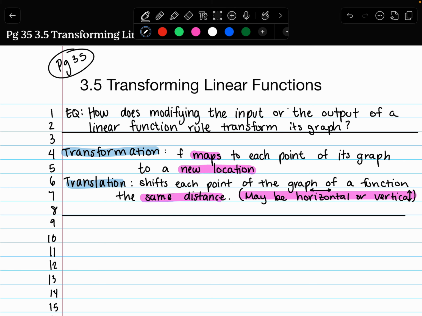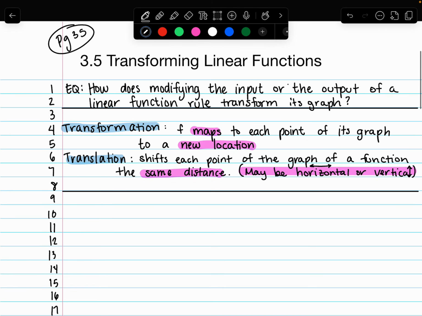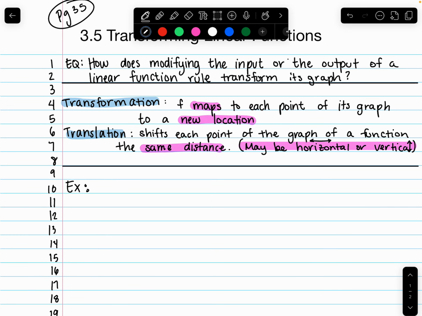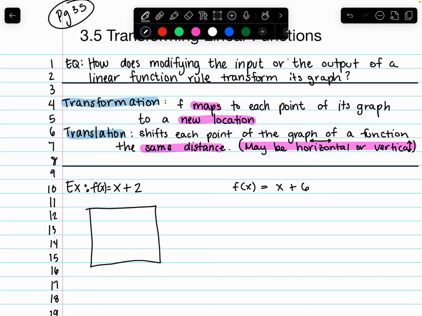I'm going to show you this example. You don't have to write this down. Please don't write this down. I'm just going to show you this example. Okay, so if I had f of x equals x plus 2, and g of x equals x plus 6, right? So if I had my table